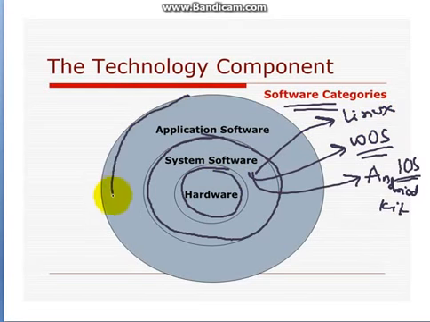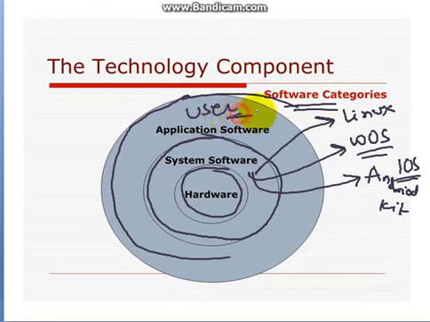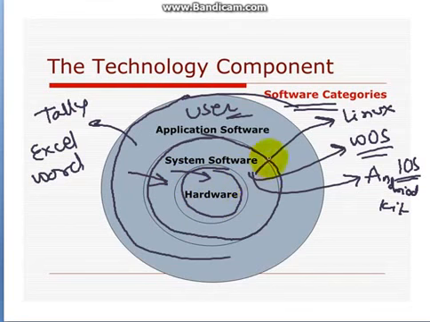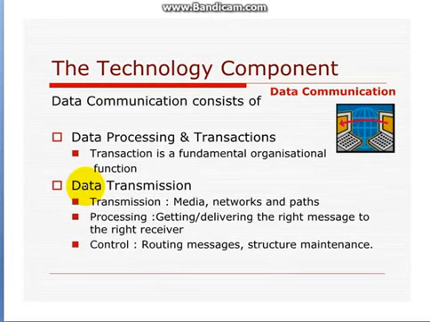And here is the application software which the users use, for example Tally, Microsoft Excel, Word, PowerPoint, and all these are application software which work in coordination with the system software, and the system software works in coordination with the hardware. So this is how they are interdependent, and this is the technology component which we are looking at. So here the technology component consists of data